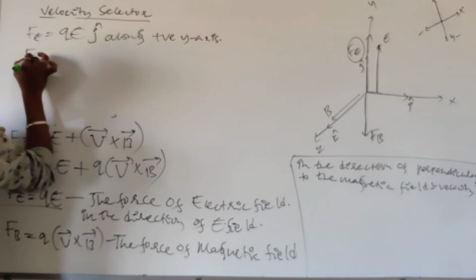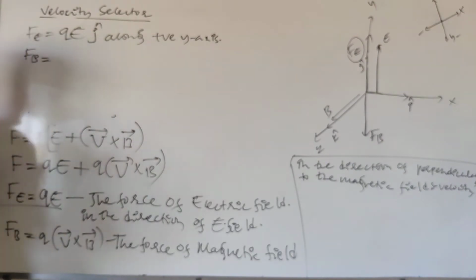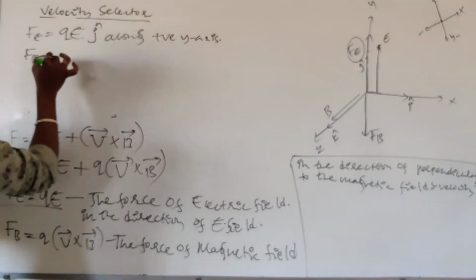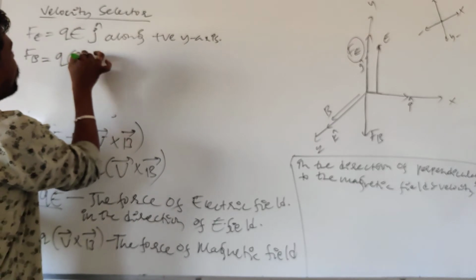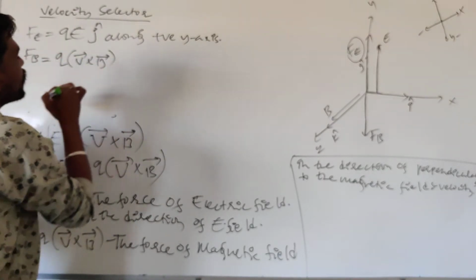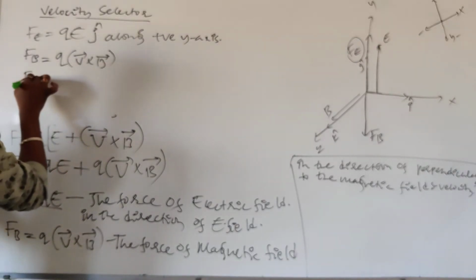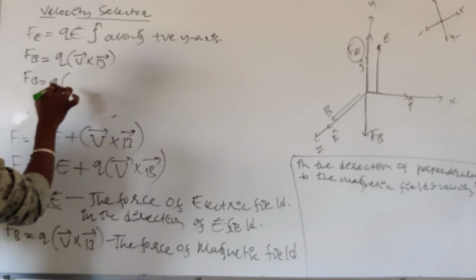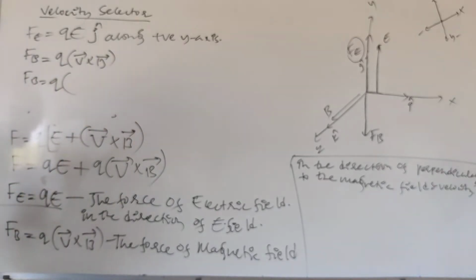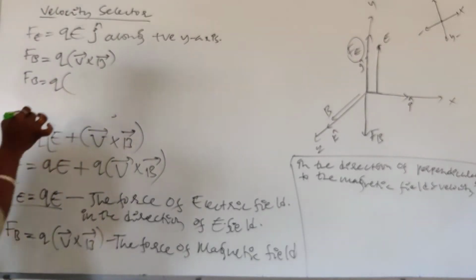So then FB is equal to QV cross B, right. So here I'm going to write FB is equal to Q, so here